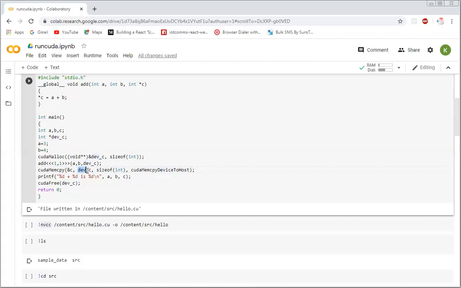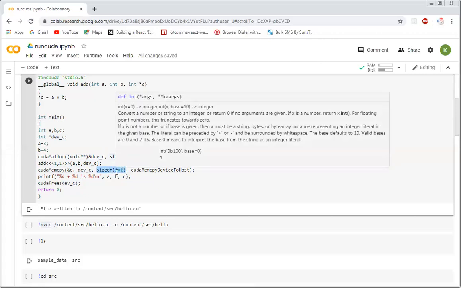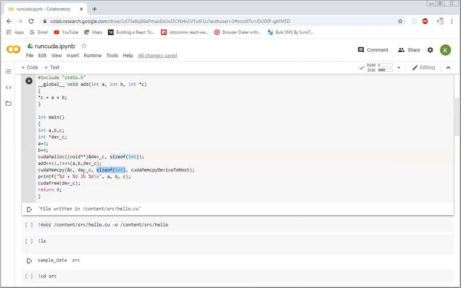So here we are copying memory from device to host. This is the device memory. From there we are copying into our local memory. How much? The size is this much. Once this function is executed, the values stored in the device memory are copied into our local variable, and this can be used in any way that we want.